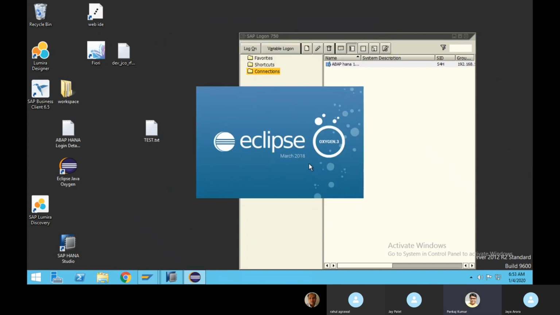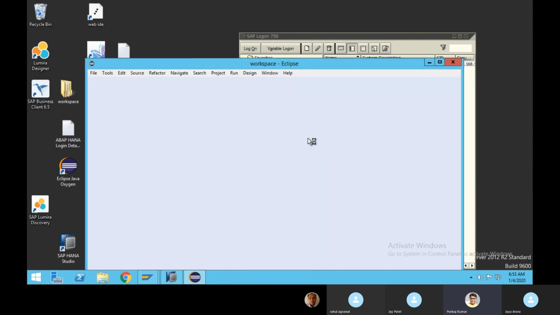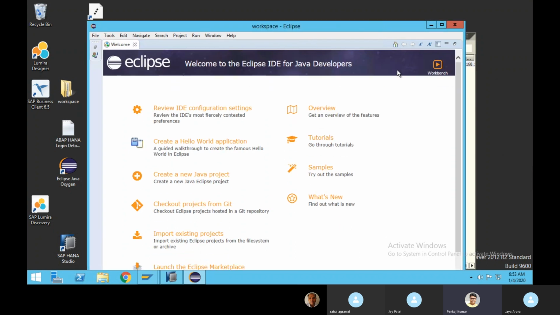You have to open your Eclipse and check whether your system is connected with that or not. ADT is an add-on. You have to go to the SAP help website and from there install the ABAP Development Tools in your Eclipse. You can directly install it in your Eclipse. You can see over here that this option is for a Java project, but we are more bothered about the ABAP development project.